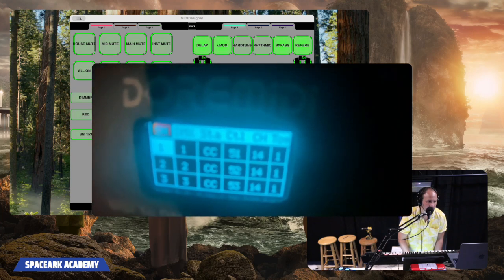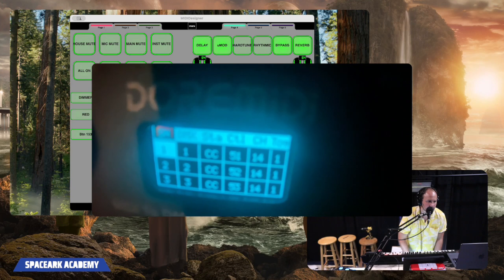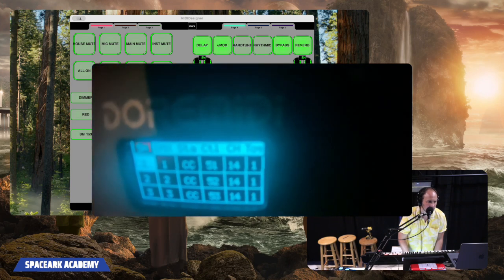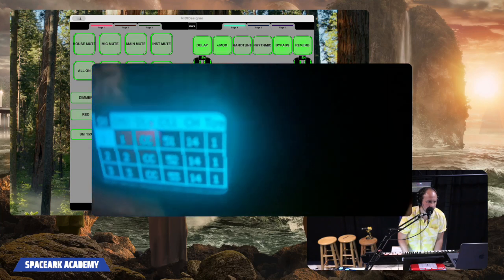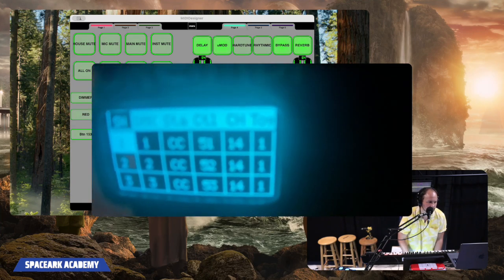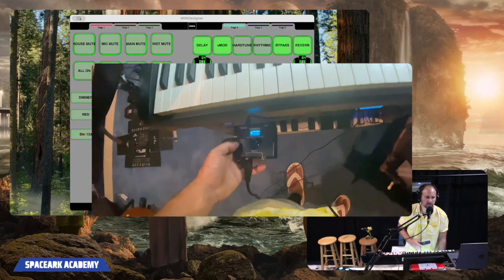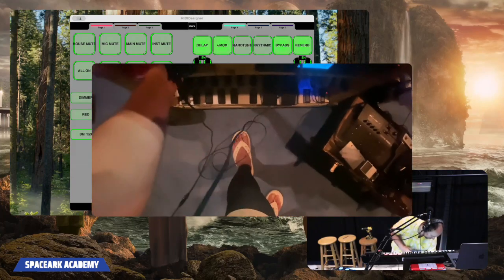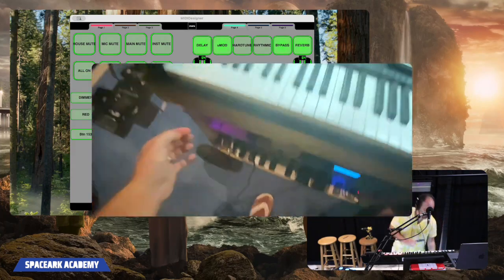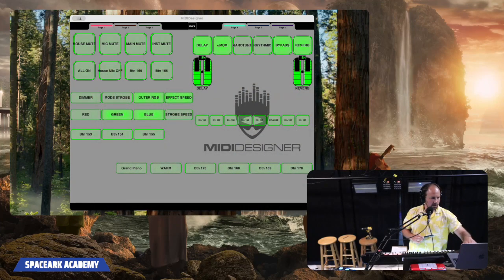As you can see for each one, on the first one I've put DMX1, CC 51 on channel 14. The next one is CC 52 on channel 14, and the next one is CC 53 on channel 14. So that's how the setup goes with the DOREMIDI, and it really is that simple. And I'm going to switch back out of the iPhone view here. So using the MIDI Designer app,